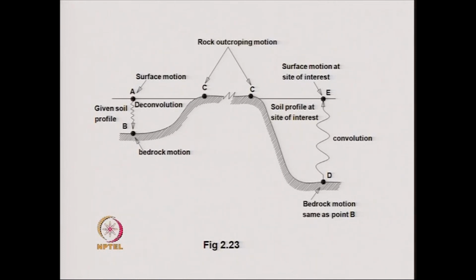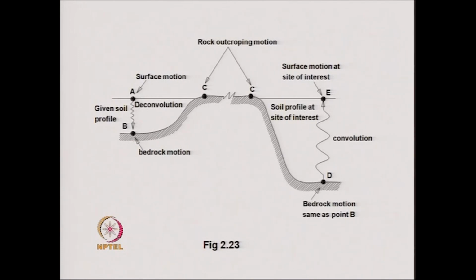Then in order to get the appropriate soil condition in the site specific spectrum, we do a deconvolution, that is, from the recorded ground motion at station A, we obtain the ground motion at the bedrock by a deconvolution